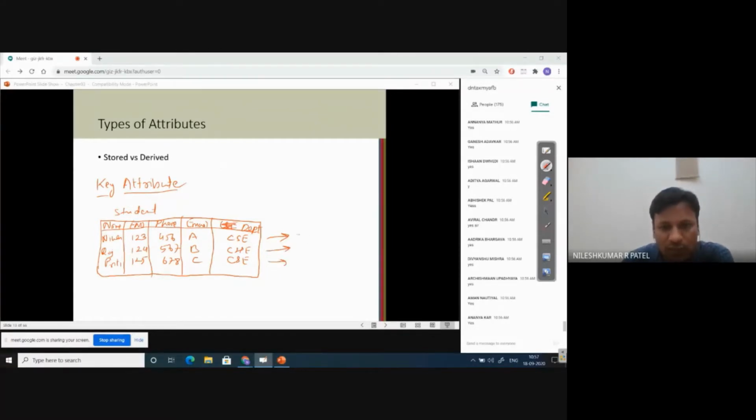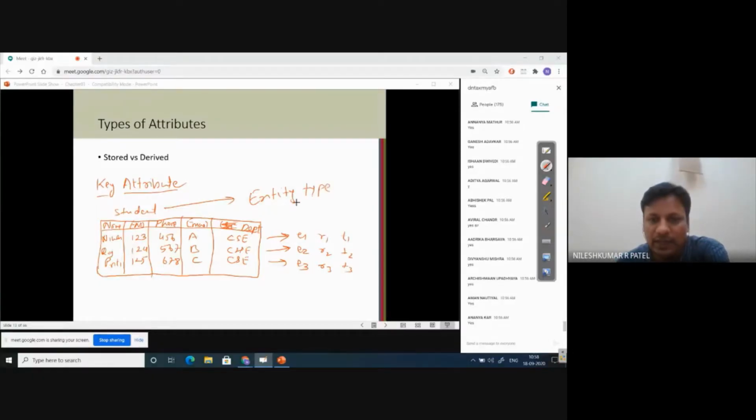So we call it entity one, entity two, entity three, right? Or record one, record two, record three, or tuple one, tuple two, tuple three. So all are very similar, right? Just try to pay attention. This is an entity type, student, or we call it relation, right?